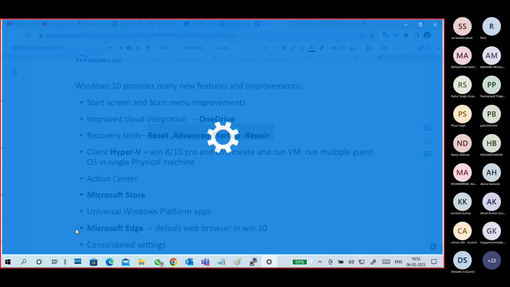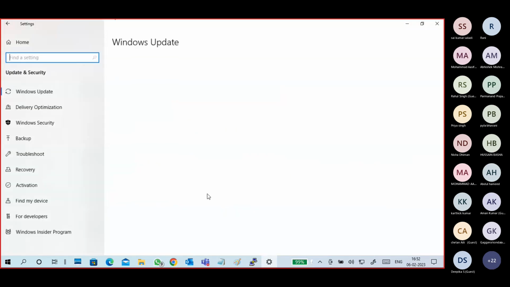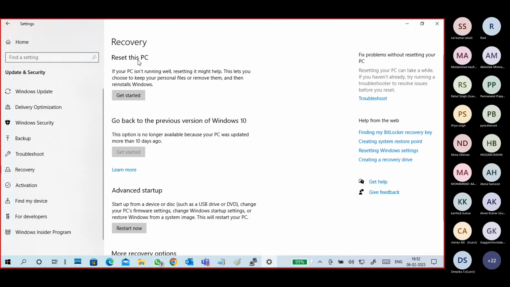If you go to Settings, Update and Security, Recovery, Reset this PC. If your system ever stops working or is not running well, and you don't know what to do, you may try this Reset this PC. Don't go to this Reset this PC. If you accidentally select the option, it will take 3-4 hours and you will lose your applications, data